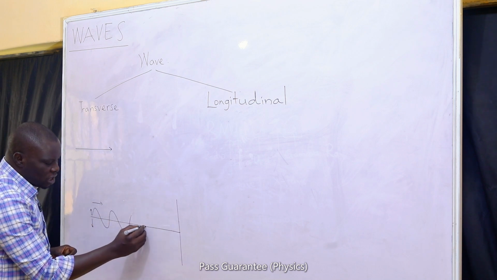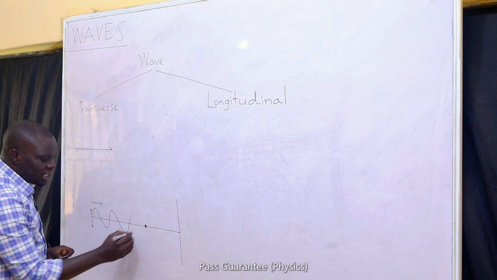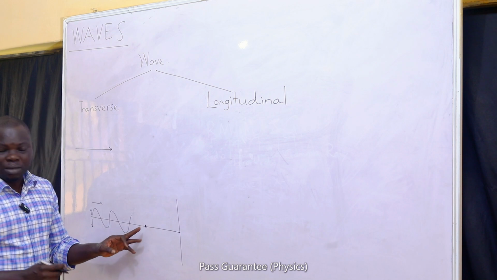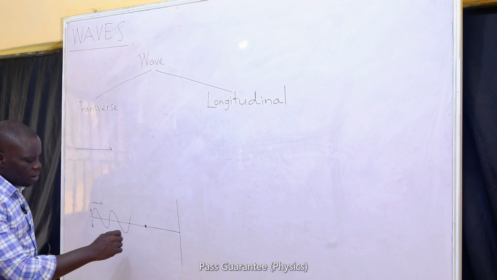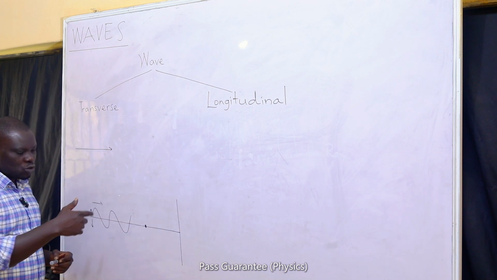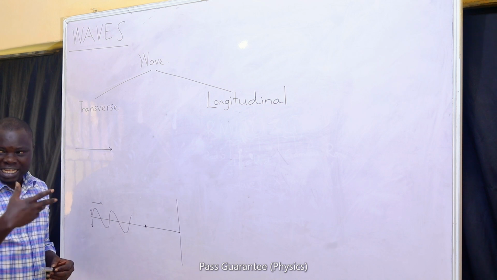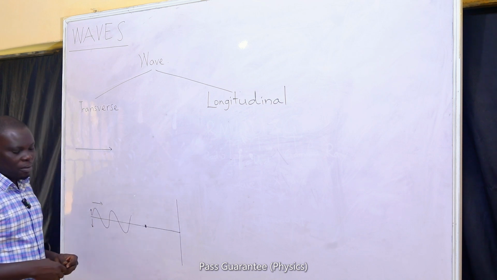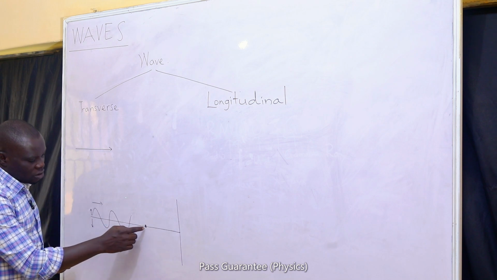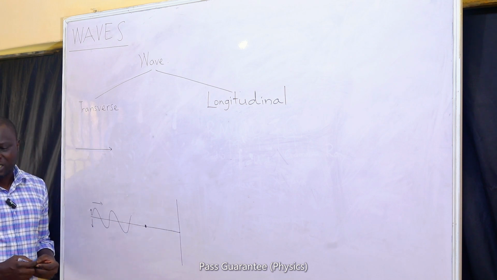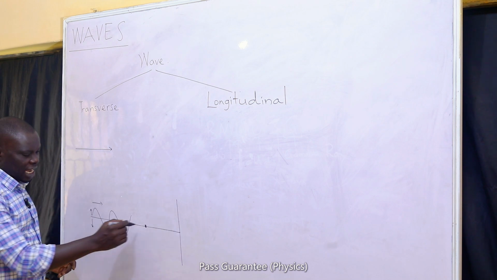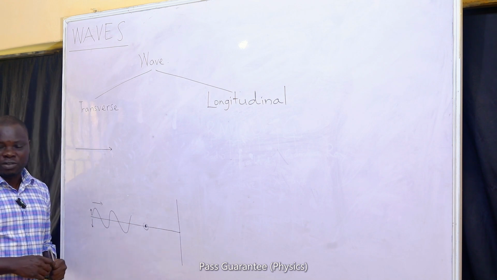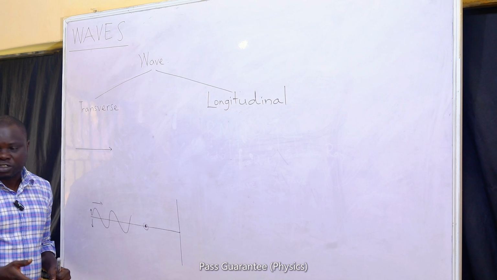What we'll do is we'll put a tiny sheet of paper. We cannot see the particles of the medium. What we can use to conceptualize, to understand how the particles of the medium are behaving as the wave passes through them, is dropping a tiny sheet of paper on the medium. If we put a tiny sheet of paper on the medium, it will help us to understand how each of the particles of the wave are faring as the wave is passing through them.